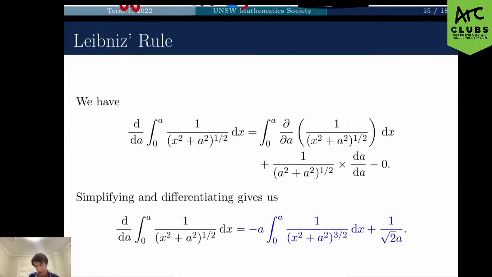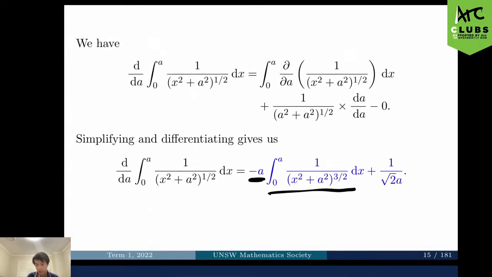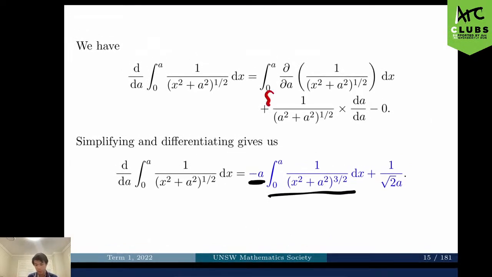We've got minus a times this integral. And then what does this turn into? Well, basically we just subbed it in. We got 1 on root 2 times a. Okay. So basically what we've done is we've just tried to simplify this a bit. Because now we're trying to find this integral. Cool. And hopefully you can see we're kind of close because now all we have to do is find this